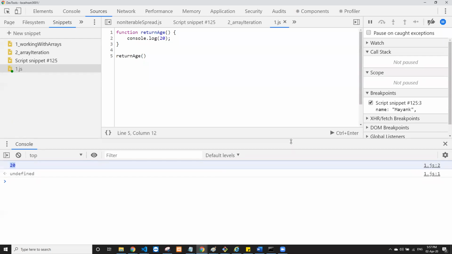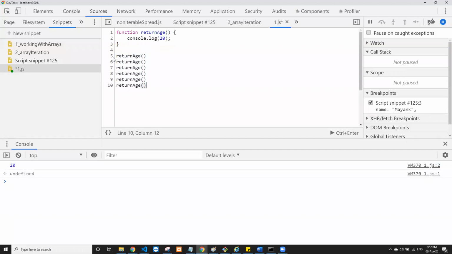Now, the ease of using this function is you can call it again and again. Let's say at any moment I want to invoke this function. I want to get this value 7 times, so I can call this function 7 times to fetch me this result 20. Let's save this.